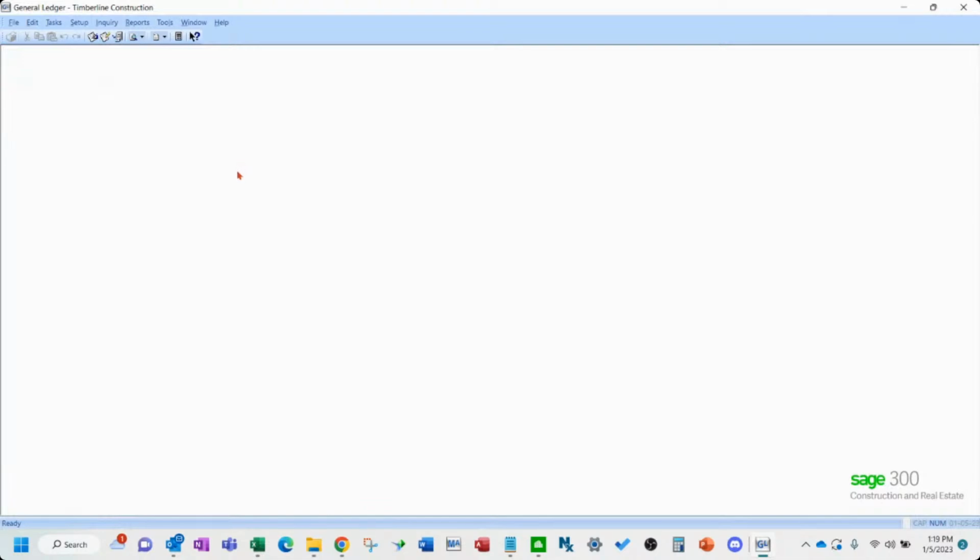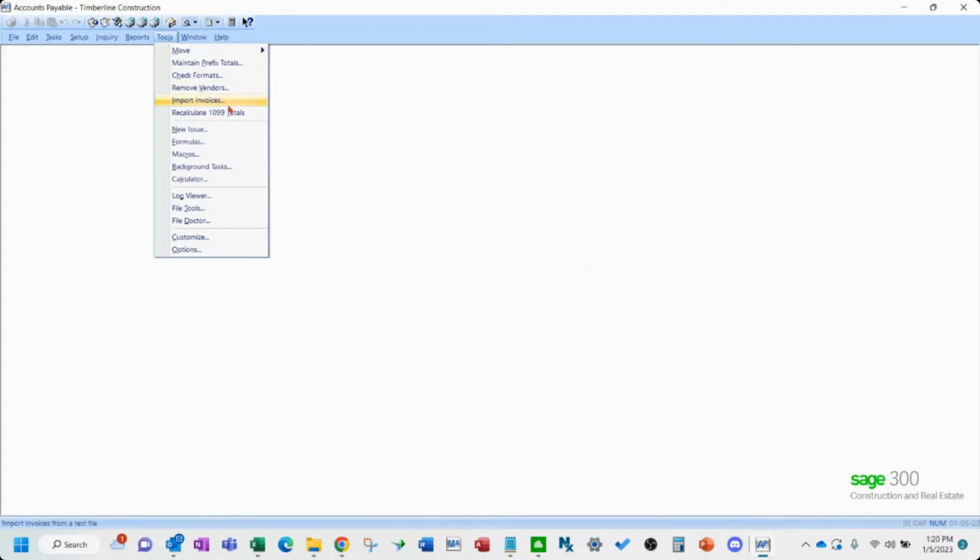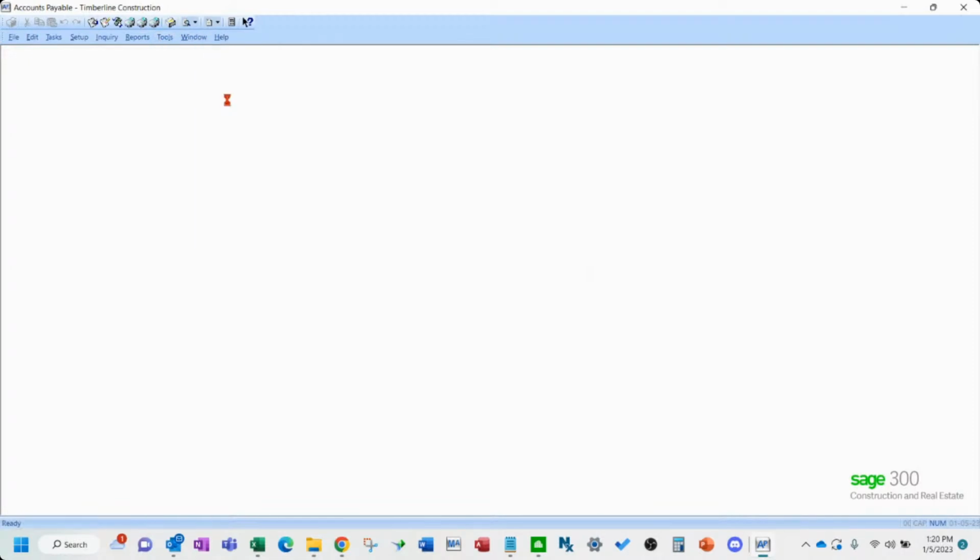Okay, so let's jump into importing accounts payable invoices. In accounts payable, to get to that spot, you're going to come up here and hit Tools, Import Invoices.